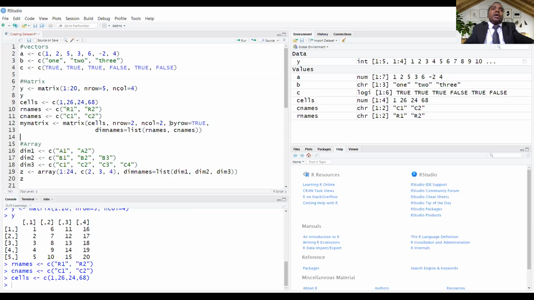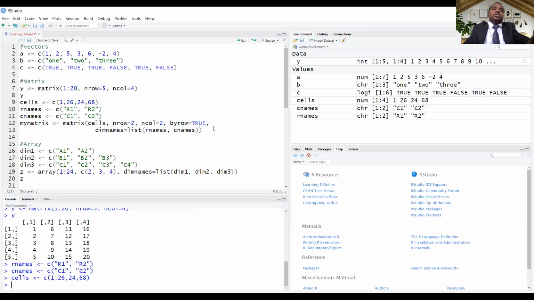And here we have mentioned byrow equal to TRUE. That means these values will be filled row-wise, like first 1, then 26, then 24, then 68.